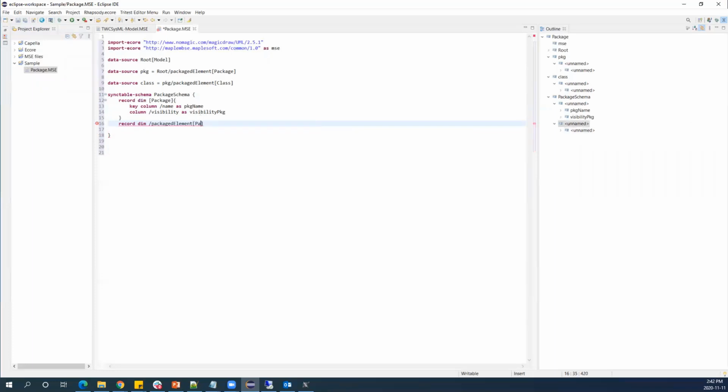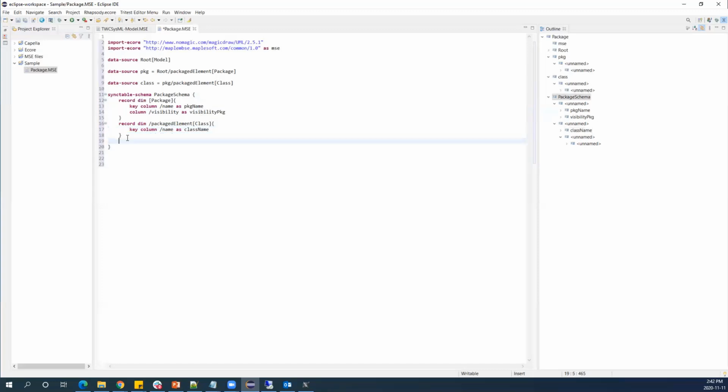So it's a record dimension, class inside the package, and I want to get the name of the class, and this is a key column, name as class name. So this is the sync table schema.